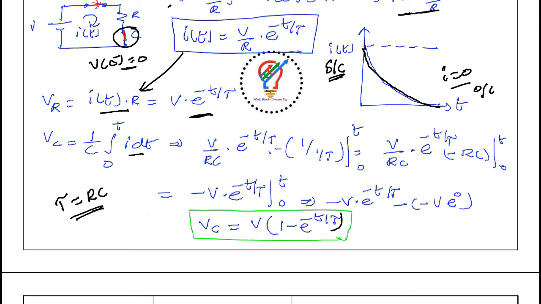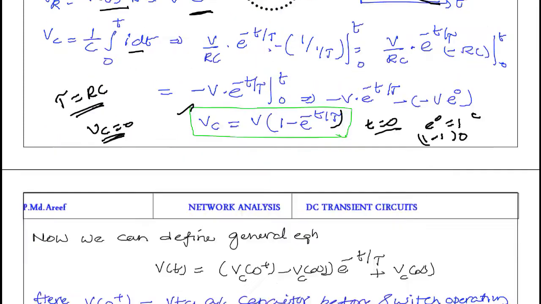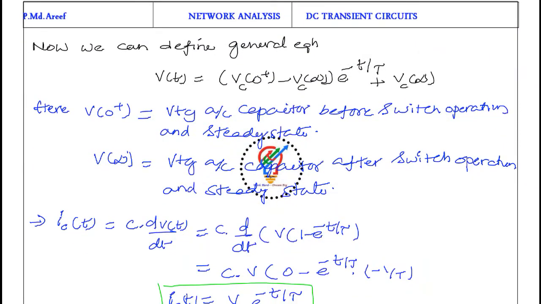Suppose at t is equal to 0, we assumed that the capacitor acts as a short circuit. So see, at t is equal to 0, e power 0 is nothing but 1. So 1 minus 1 is nothing but 0. So the voltage across the capacitor is 0. So this equation satisfies our initial conditions. Okay. Next one. Now we can define a general equation